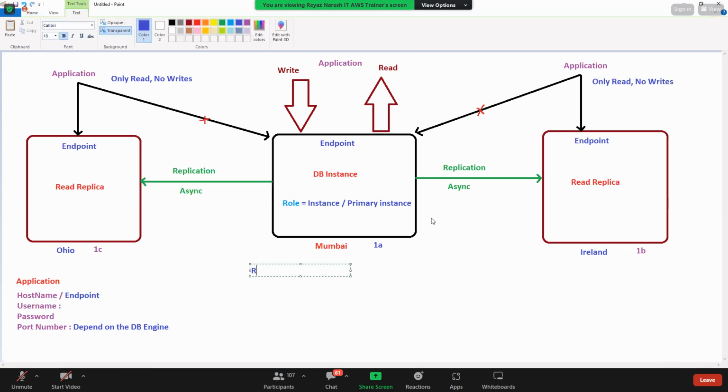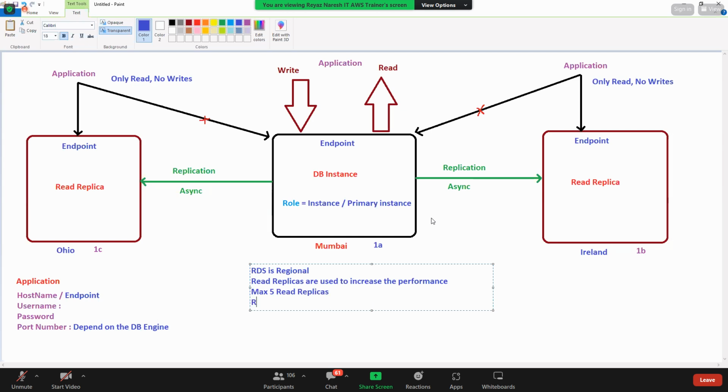RDS is regional, correct? Read replicas are used to increase the performance. How many maximum read replicas can you have? Maximum 5 read replicas.